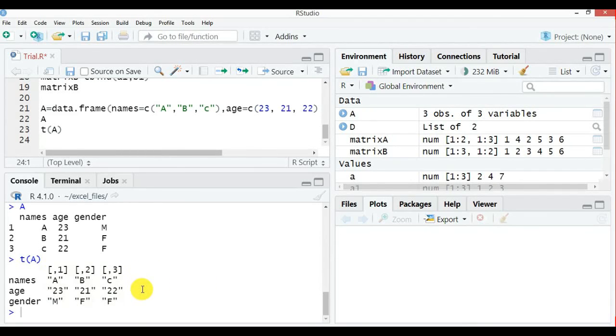So that was the problem, because when it takes the transpose, it reads it as a matrix. So, to avoid that, you can use rbind and cbind. So you can give name separately.